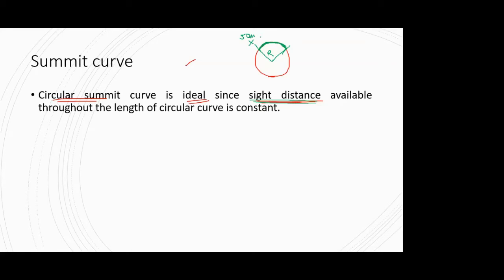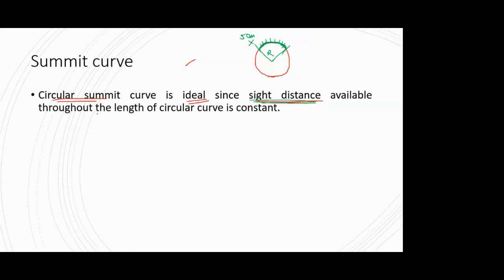Now 50 is also a large value, but suppose you can see 50 meters. So at each point on this circular or summit curve, I will have a sight distance of 50. Now the next step during the design is to check whether this 50 is really sufficient or not. We'll come to it later.